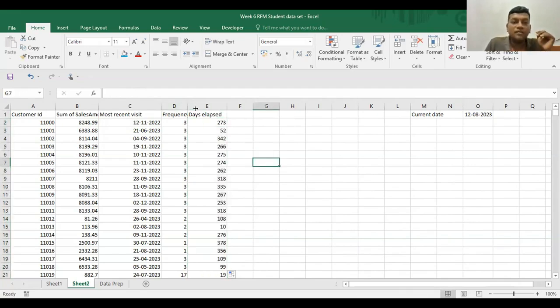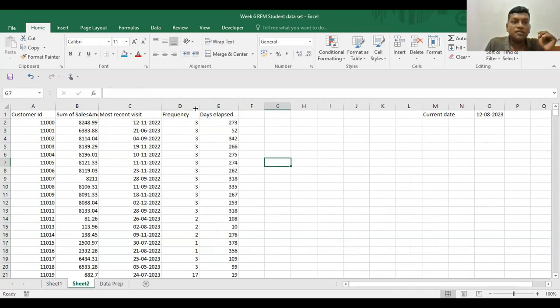Okay, comfortable so far? Any issues, anybody? Okay, I suppose it should be fine, simple. Okay, now we have three things: recency, frequency, and monetary value. All of them are here. So now the next thing is